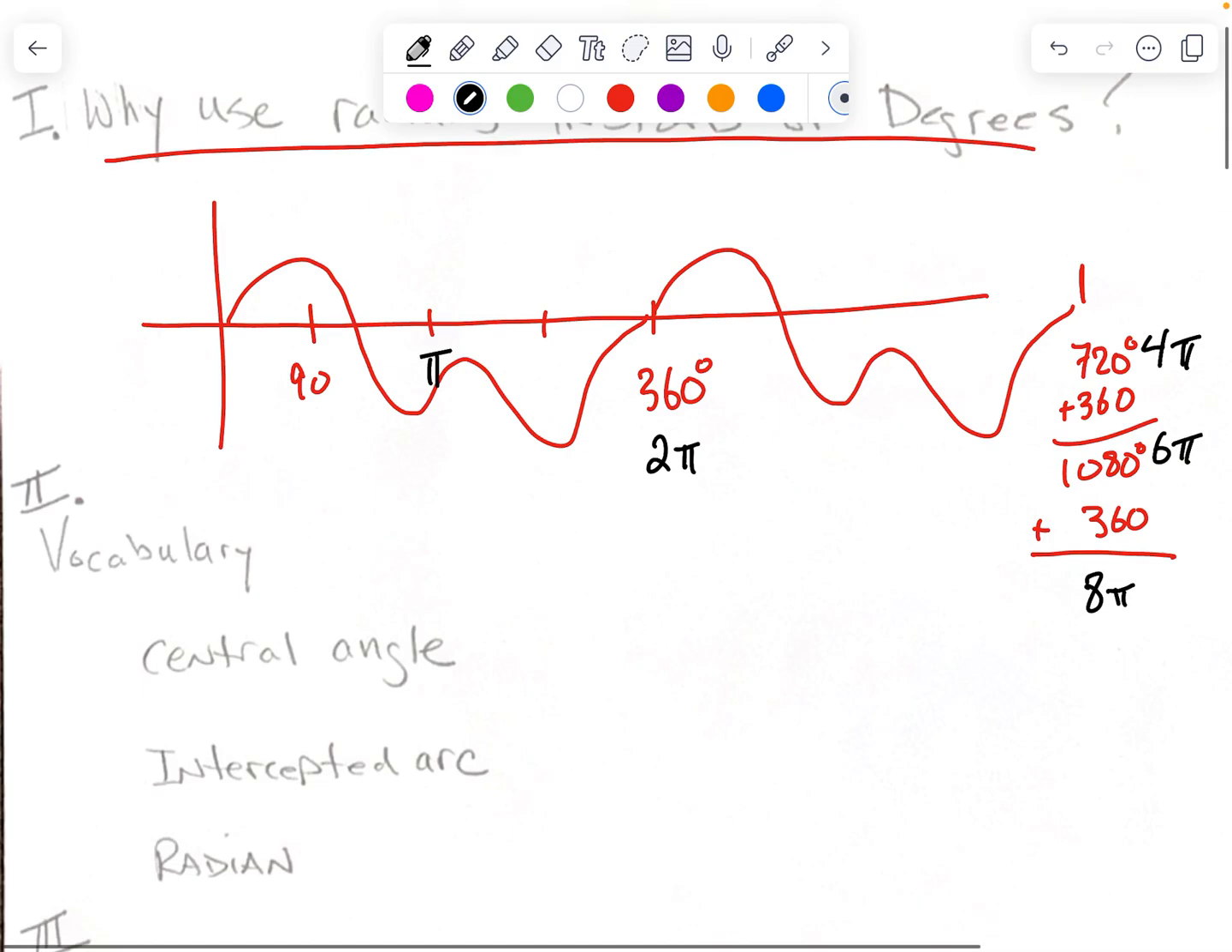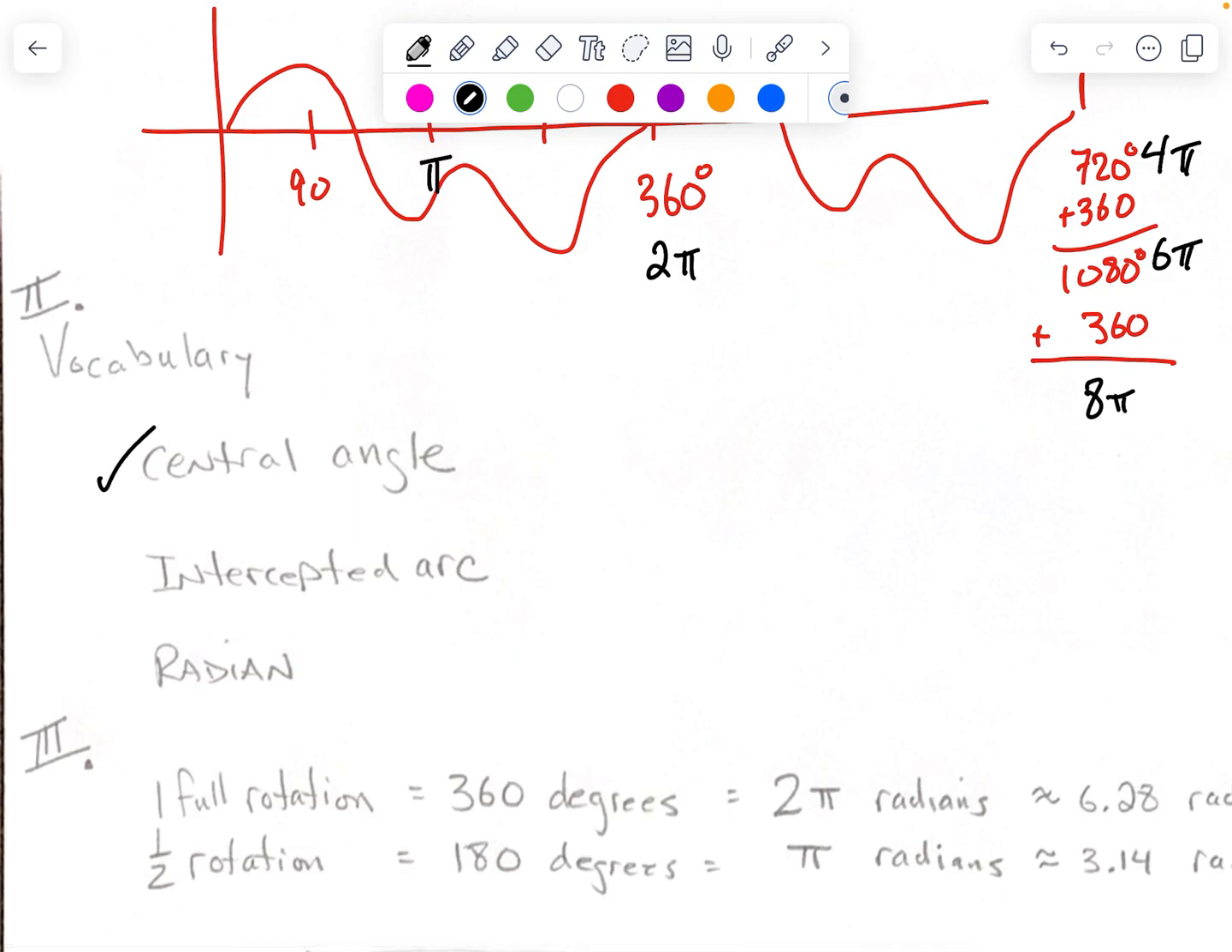As for some specific vocabulary, let's talk about central angles first. A central angle is not a phrase we're going to use very often. Let's just be clear on what a central angle is. If you have a circle with the center point marked and it creates an angle, this angle right here is the central angle. As for the intercepted arc